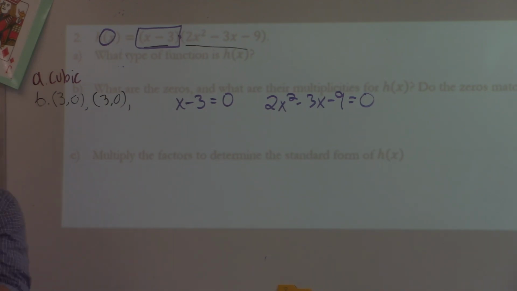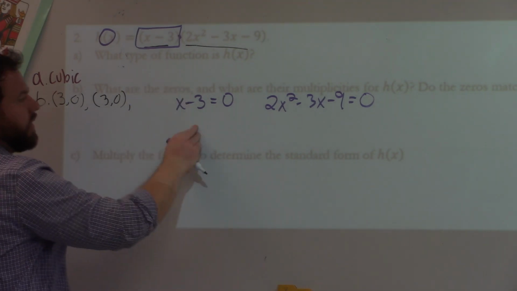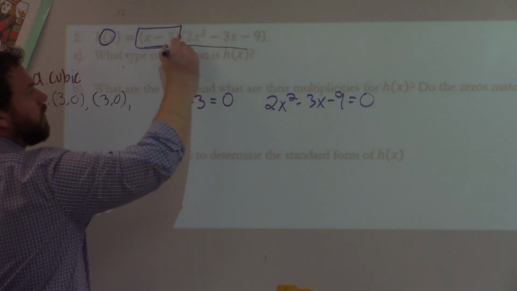And remember, that's the whole beauty of the zero product property. We're multiplying, so at least one of those factors has to equal what? 0. So x minus 3 is equal to 0, or,